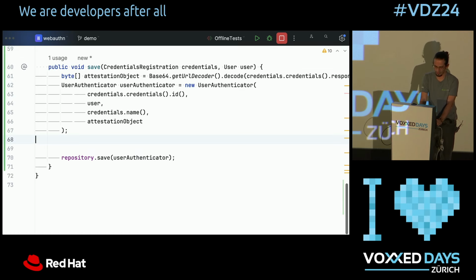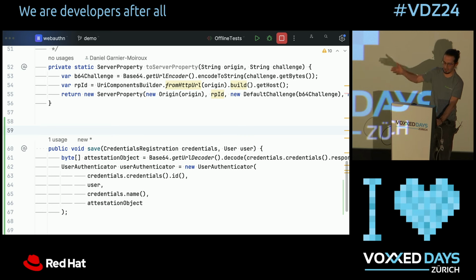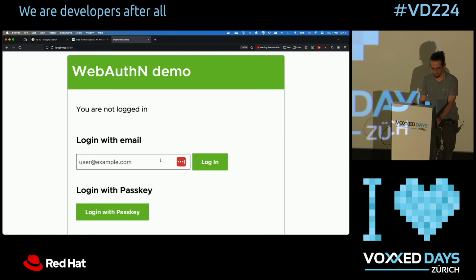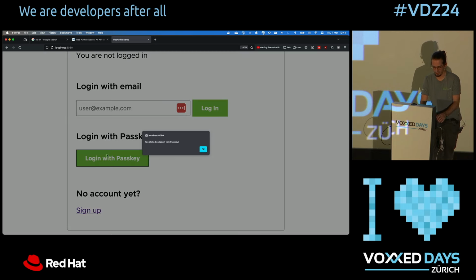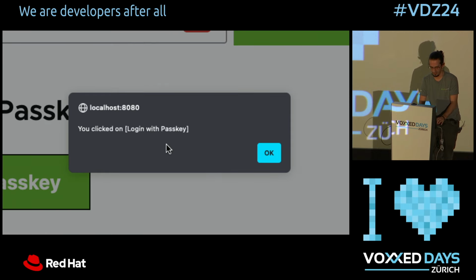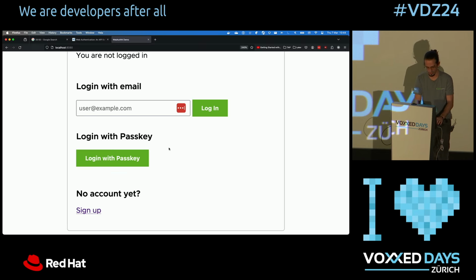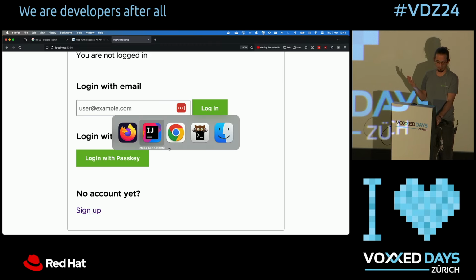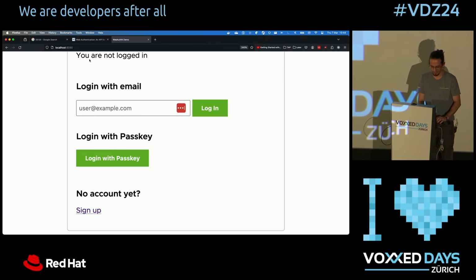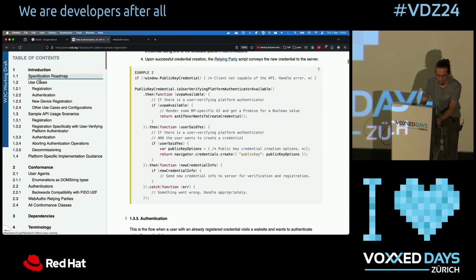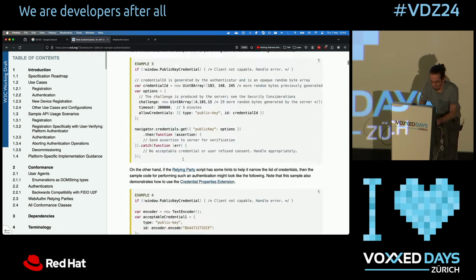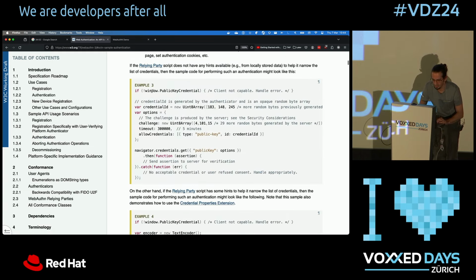Okay, so we are able to add keys, and now when the user comes in, instead of logging in with email, we want to log in with a passkey. So again, I have basic infrastructure here. You clicked login with passkey. Okay, so let's use the same heuristic. Rather than coming up with all the details ourselves, we're going to go to the spec, and we're going to look for authentication. And in authentication, they give you the basic example. So I'm going to take that,